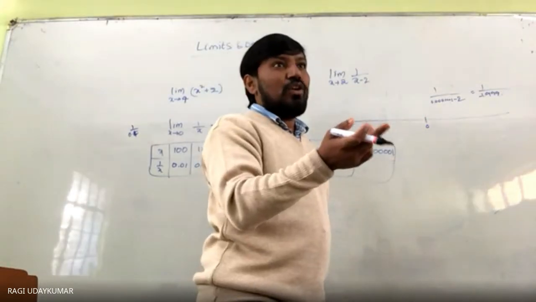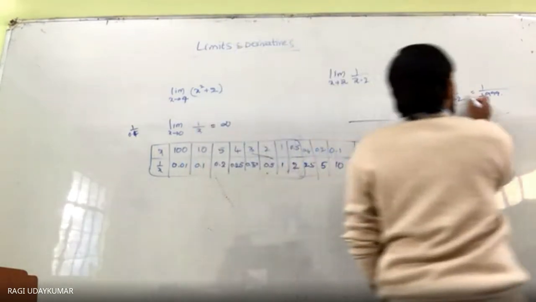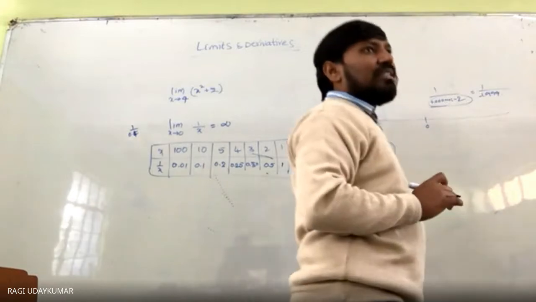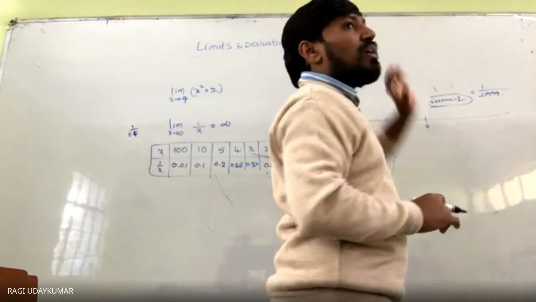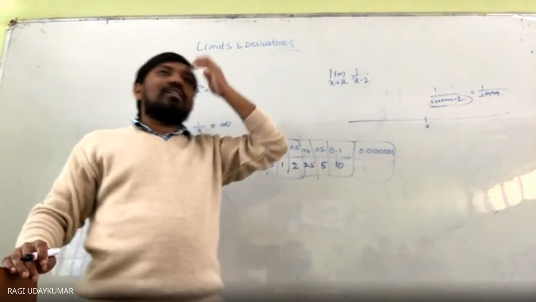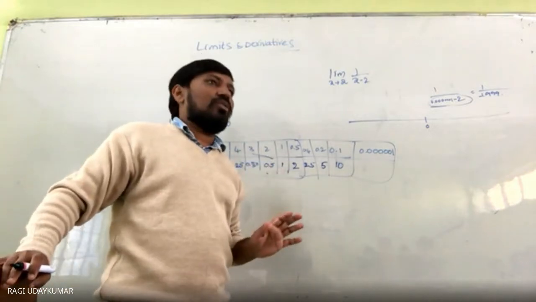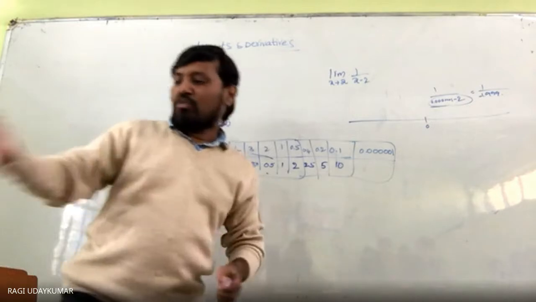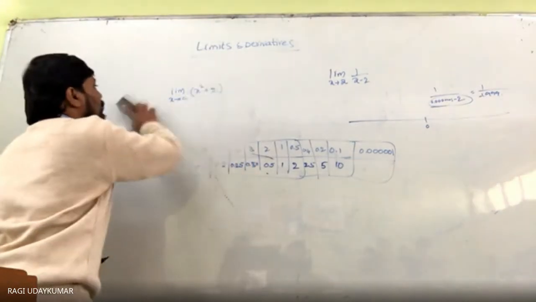So this is a representation whenever you are taking 1 by x minus 2 into consideration. What value you are going to get? Nearly infinity. So that is the thing you have to note. And other model problems, whenever you are taking, some questions will be given to you like this.